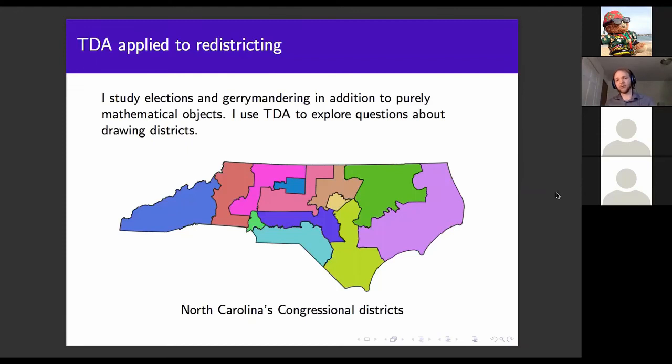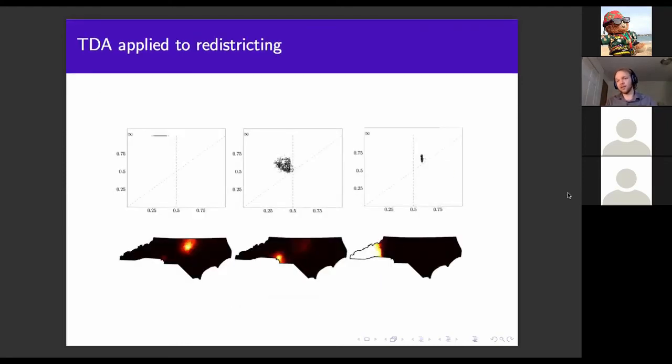But even once you've explored it with sampling techniques, you've got a huge number of maps and you don't know how to summarize them. If I gave you 100,000 different maps of North Carolina, how would you know what they have in common and what they differ by? What the TDA tool allows you to do is extract some common features. That's what I'm showing here. On the left-hand side, I'm showing where the district that gets the most Democratic votes is, out of 1,000 different plans. And it's always here, not too far from where I'm moving in January, over here in a place called Durham, North Carolina.